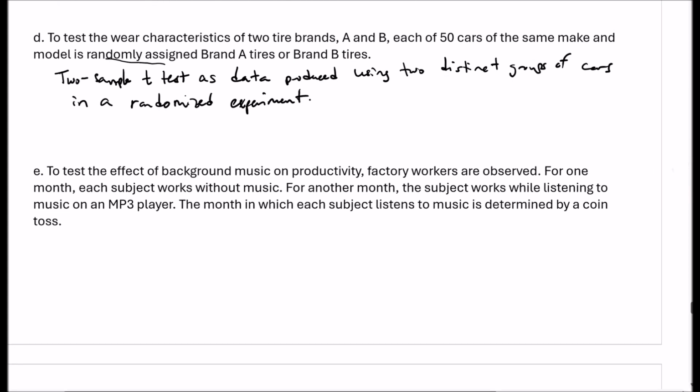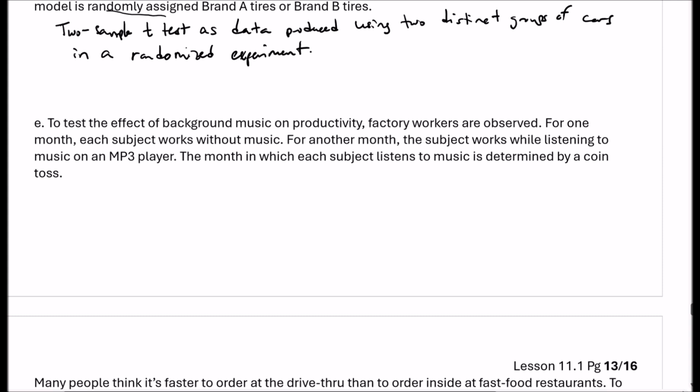All right, and then E, the last part here, it says to test the effect of background music on productivity, factory workers are observed. For 1 month, each subject works without music. For another month, the subject works while listening to music on an MP3 player. The month in which each subject listens to music is determined by a coin toss. So it's each subject is getting 1 month with music, 1 month without music. So it's the same person, so it's a paired t-test, okay? So we have a paired t-test